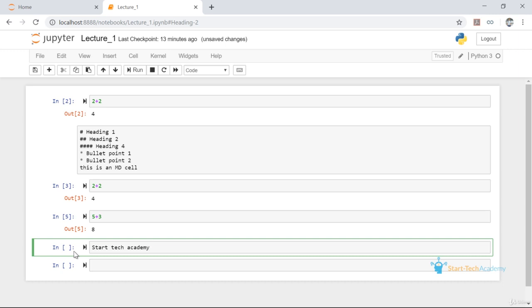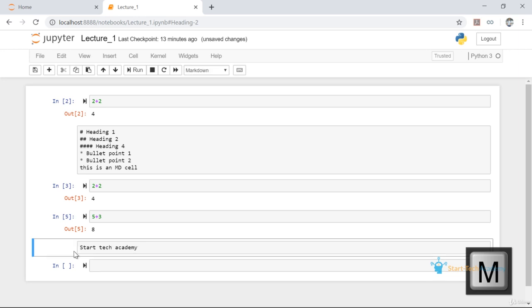So suppose you want to change the formatting from code to markdown, you can put your cell into non-editable mode. So I will press escape and then I will press M. M is a shortcut for markdown formatting, and you can see that the cell type has been changed from code to markdown. Since right now I am in non-editable mode, I can press Y to change the format of this cell to code.